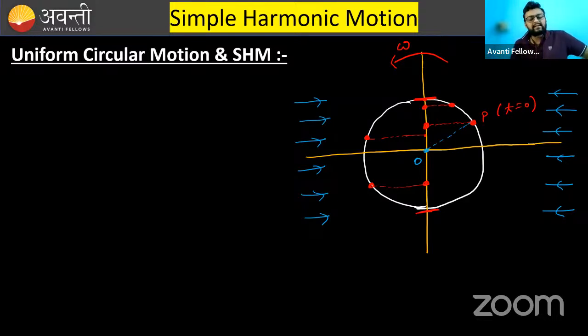It will represent SHM. So one thing that is very clear here: what is the connection of uniform circular motion and SHM? The image or the projection of the particle on the y-axis or on the x-axis, or you will say on the diameter, represents SHM. So the conclusion is that